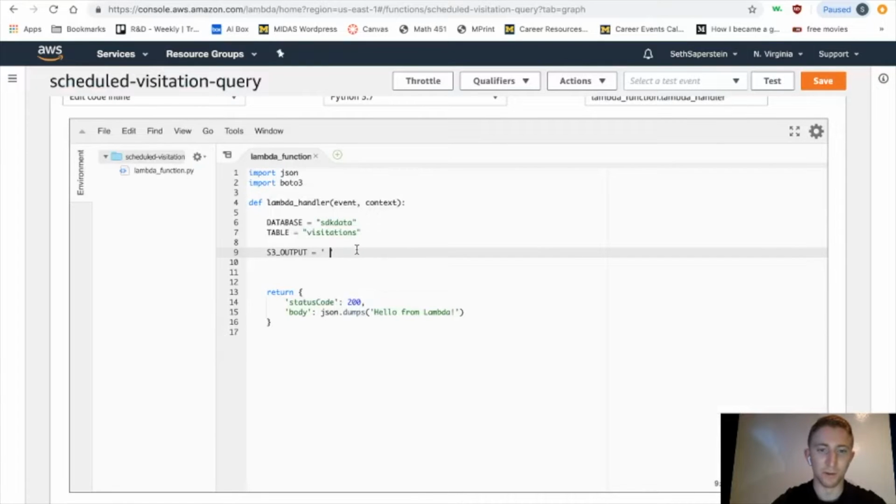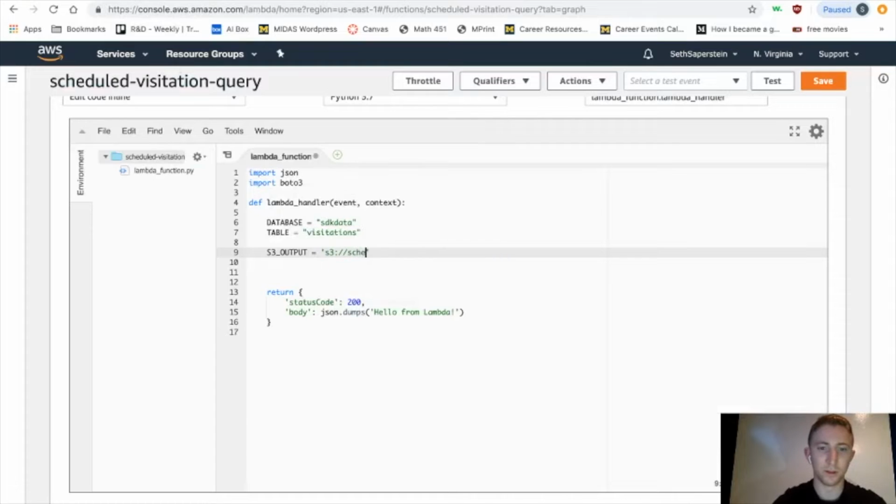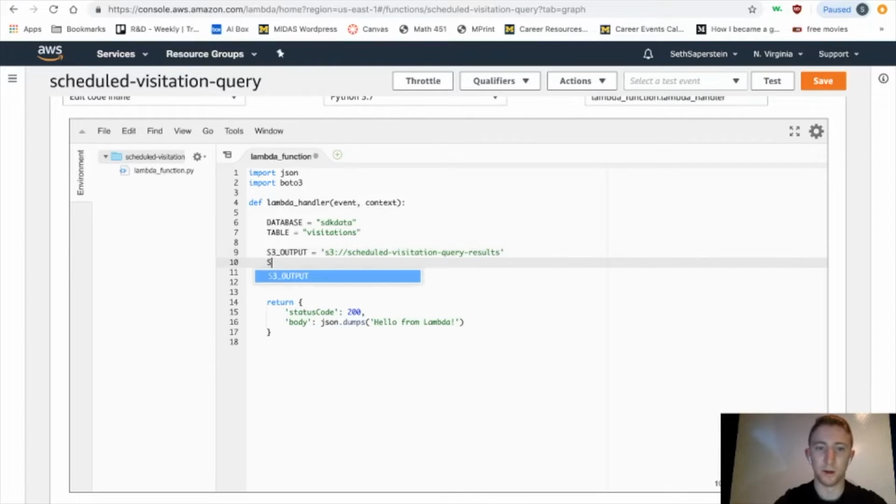Okay, coming back to our Lambda function, our S3 bucket is now S3 colon // let's check it just one more time. Scheduled visitation query results. Okay, and our S3 bucket, we're just going to grab from that,